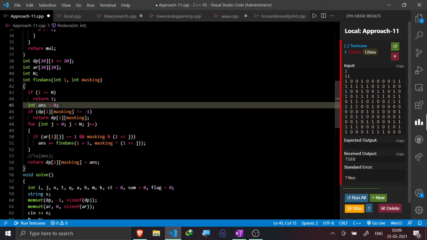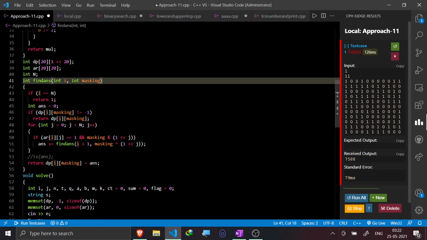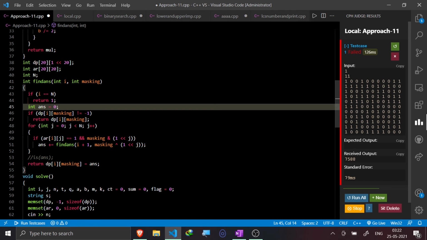And yeah, I have to maintain an answer variable, int ans equal to 0, at every stage. So for i equal to 0 till n minus 1, I have to maintain it at every stage, and that would be added into my answer variable. Then after I go back, I would just return that answer. I need to make this answer variable equal to 0 for every i, because if I take this answer variable outside this function, then I would be adding the same answer to multiple stages, and that would result in a very huge answer and would not solve the purpose.